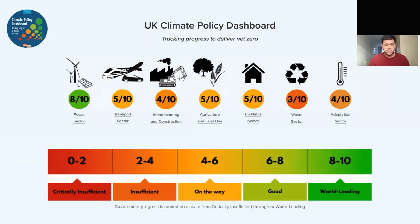When you arrive at the dashboard homepage, you're first presented with a summary of government progress across the 7 sectors of the economy that we are currently tracking in mitigating and adapting to climate change. What you can see from the dashboard homepage is that there's a lot of work to be done in the coming months and years. In the transport, buildings and agriculture sector, policy development is on the way to world-leading climate policy. And in the manufacturing sector, policy development is insufficient, with the greatest room for improvement to be made in